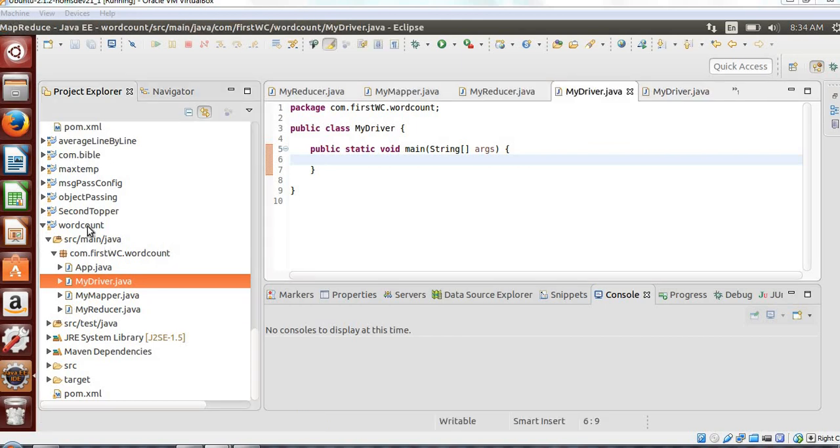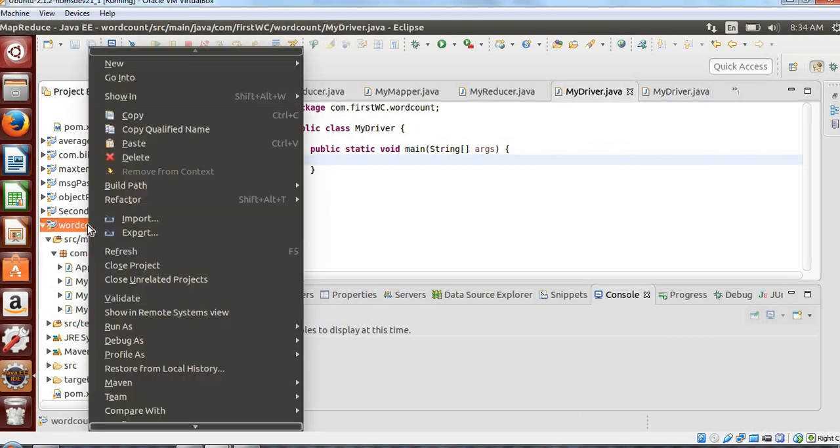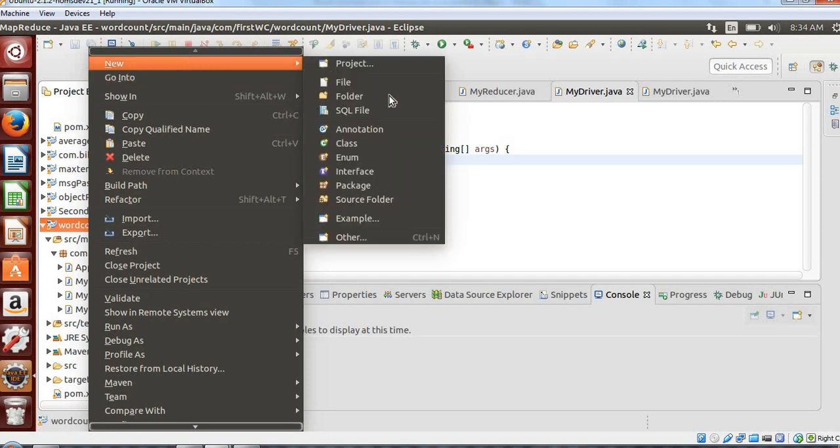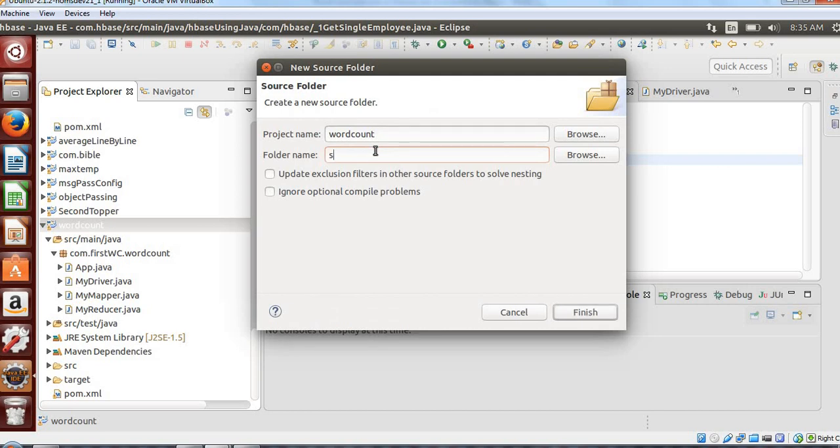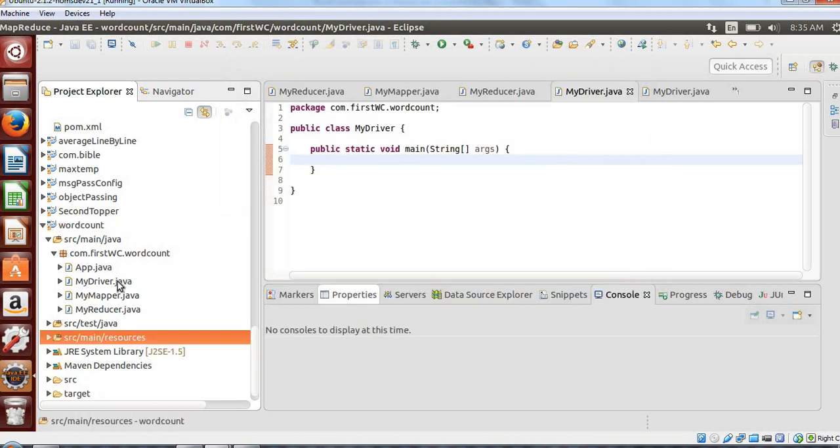Let me add one source folder where we will add our input and output directory. Let me name it src/main/resources. So resources is the one where we'll store our input and output file.